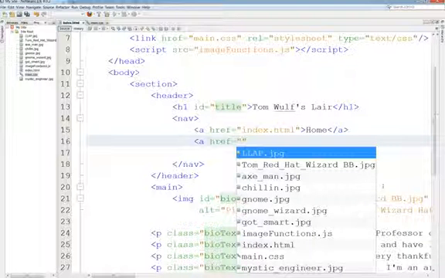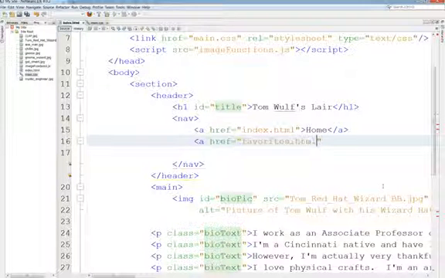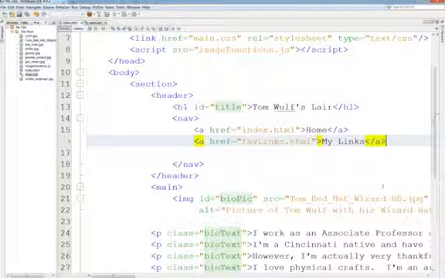And right now I haven't created the page. I'm just going to create the link to it. So favorites.html. Tell you what, let's call that Fave Links, because we might have other kinds of favorites. And again, I prefer the camel case there. So favelinks.html, and then I can call the display whatever I want. Links, my links, if I want. And then we go ahead and close off the link there. And there we go. Okay, so now we have two hyperlinks in our